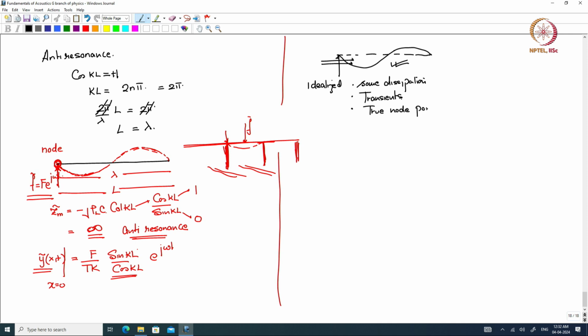All these aspects will come so that the driver can pump some energy, okay, can inject some power, okay. All these things will result in a response, but we are looking at an idealized situation of no dissipation, no transients, etc., etc., okay. So in our situation we will have a node point and the string will also be driven, have a response